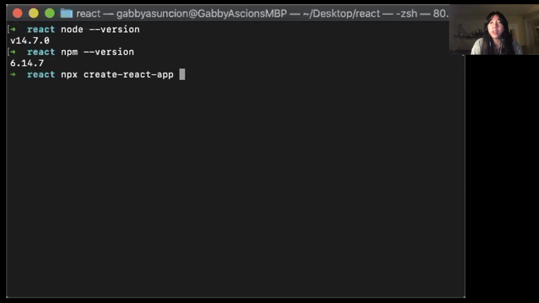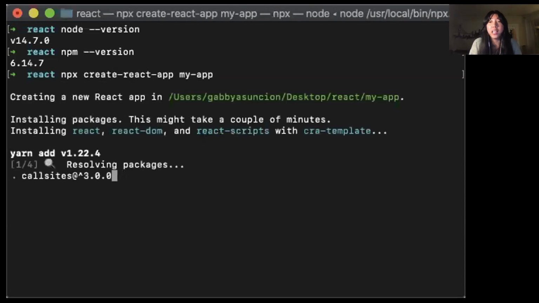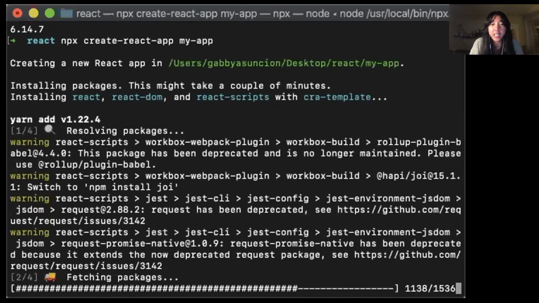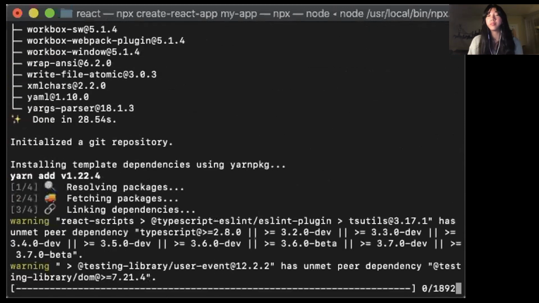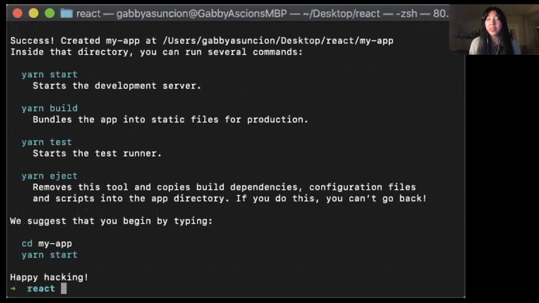And then after that space, you want to include whatever name you want to call it. So I'm going to call mine my-app. This command is going to run for a little while. No worries at all. This is always what's going to happen. Create React App is an officially supported way to create single-page React applications. It offers a modern build setup with no configuration. But yeah, so mine just finished.